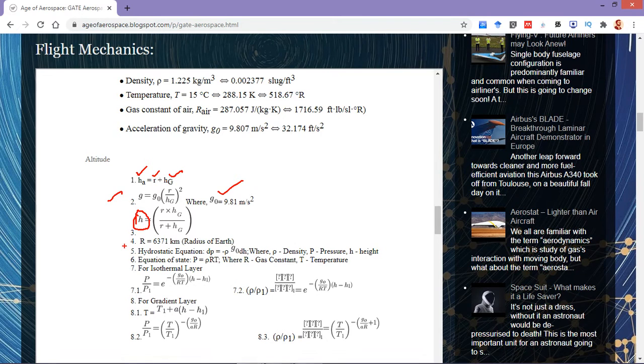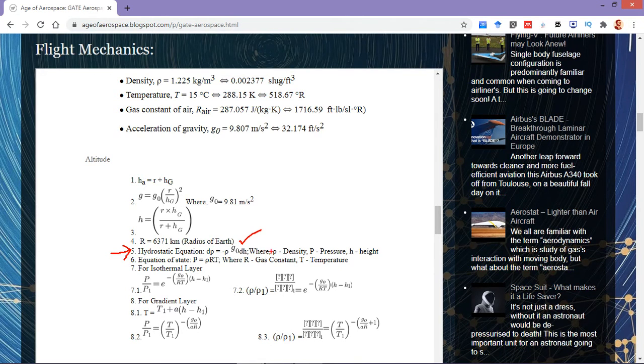This is nothing but the ratio of the radius of Earth times the geometric height by the radius of Earth summed with the geometric height. So this provides us with the geopotential altitude or geopotential height. Now we consider the radius of Earth r as 6371 kilometers, and further from the basics of physics, we need